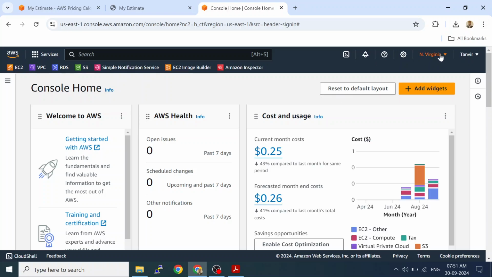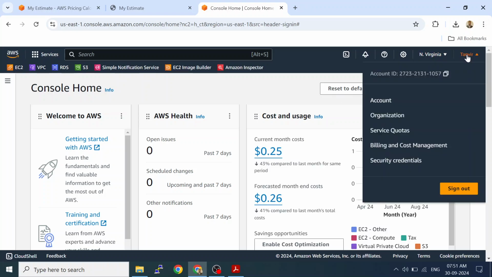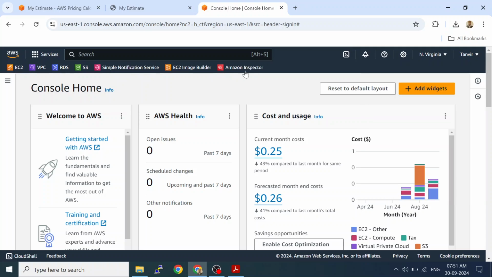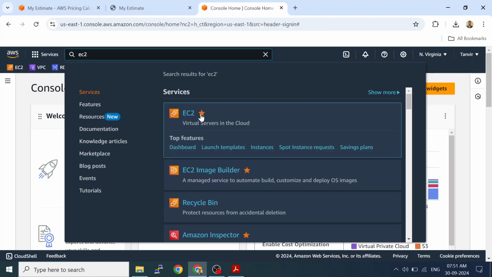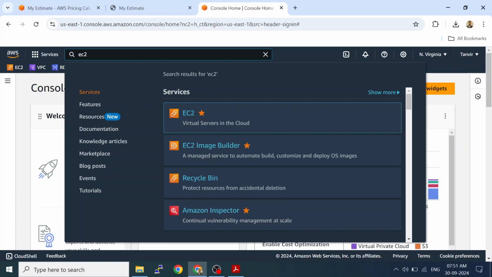Now coming to the bill, go to your username. When you log in, you will see a lot of things. These you will not see because these are all set as bookmarks. That's why they are appearing here. So how to set a bookmark? When you search for any service, you see a star. When you mark it, it becomes